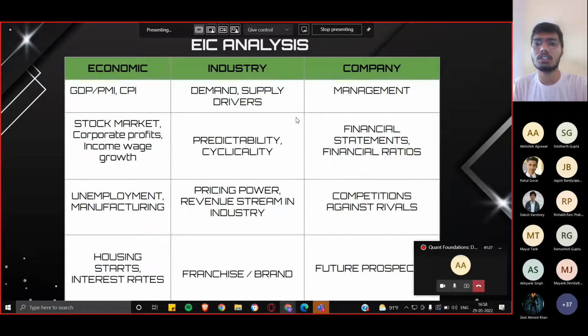Then in industry analysis, we talk about the demand and supply drivers. Suppose there are two industries. We don't have to compare here. Suppose there is the automotive industry and they want steel and aluminum. Their demand is for steel and aluminum. So what are the prices of steel and aluminum in the current market? That also affects industries, right? So what is the cost of the assets that they will buy?